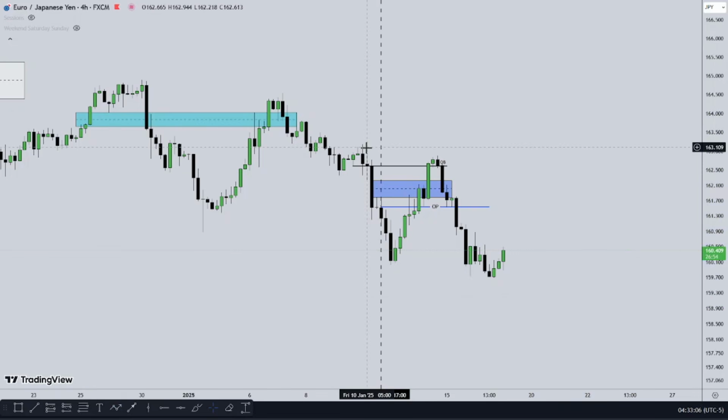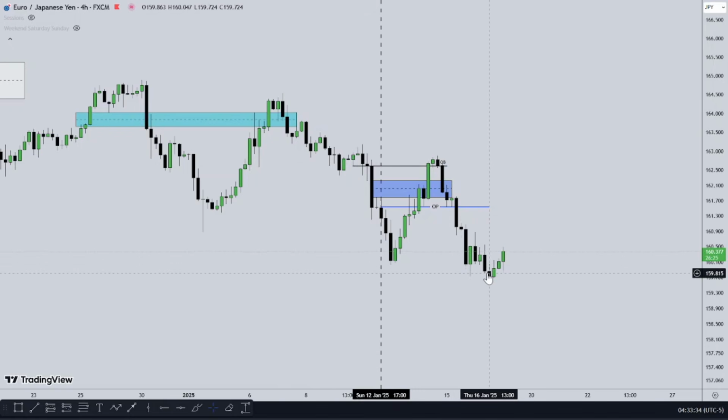So apply that same idea, the recent swing high and the recent swing low. Opening price, we are anticipating price to trade to a premium reference point. We have two premium reference points. We have the fair value gap and we have the order block. Price retraced to the fair value gap, filled the fair value gap, traded higher to the order block before